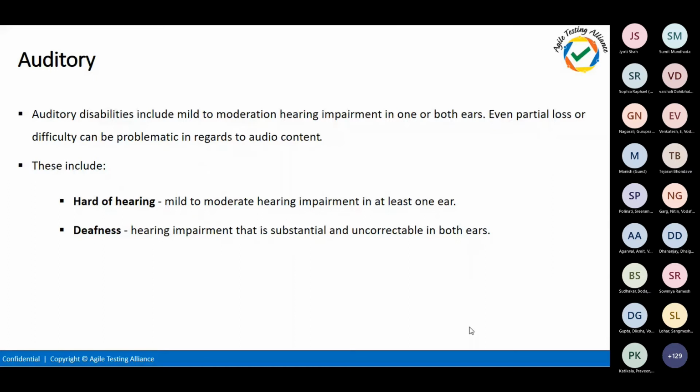And when it comes to hearing, people who are hard of hearing might be able to listen with only one ear. One side of the ear they are able to hear, and the other one they might not. And we need to consider people with complete deafness also. Whenever we are trying to play audio, we need to make sure it is at a proper level and doesn't damage their ears. And we need to keep captions always, whenever it's audio only, and also for video.